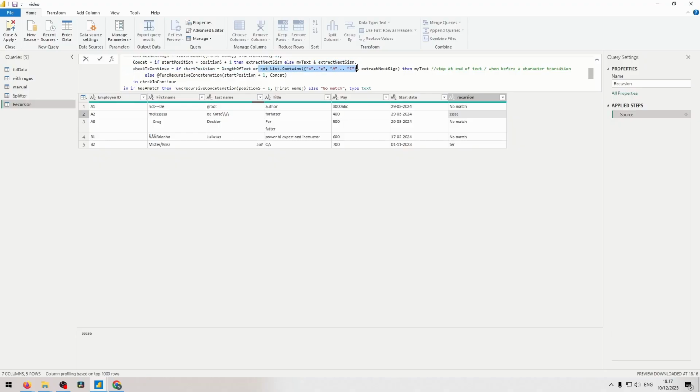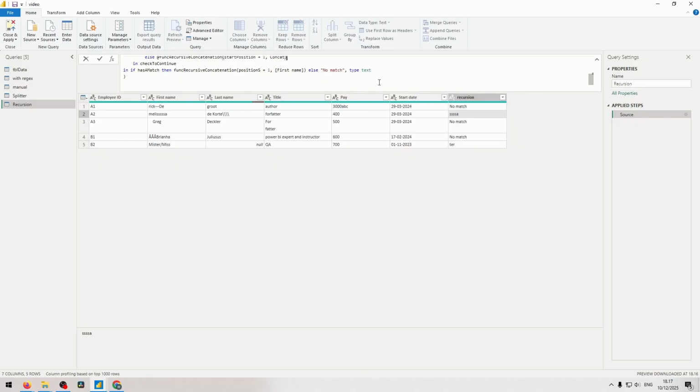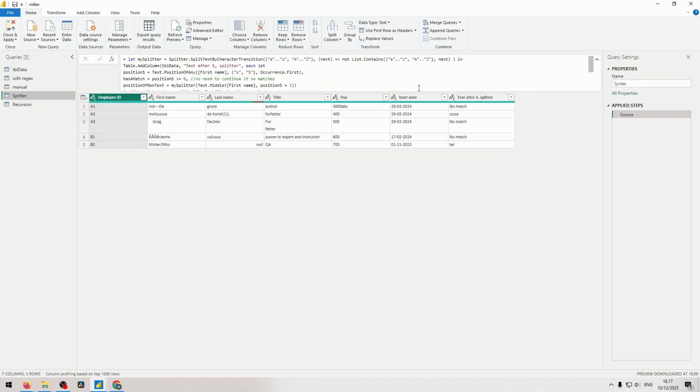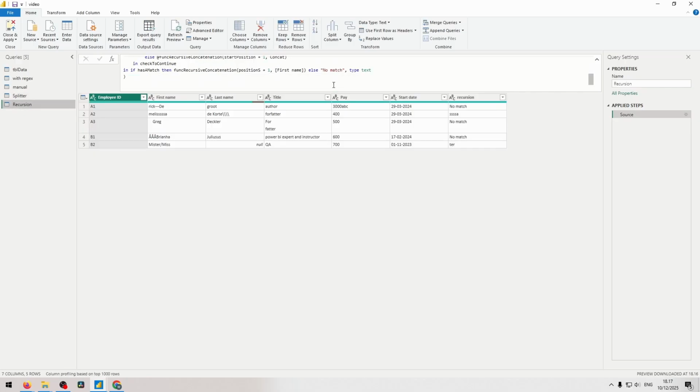Unfortunately, we can also do that list inversion to say that we want to look at a character transition. But I would probably not recommend doing recursion when the splitter solution is so much simpler. But it was fun to figure out. So, yep,